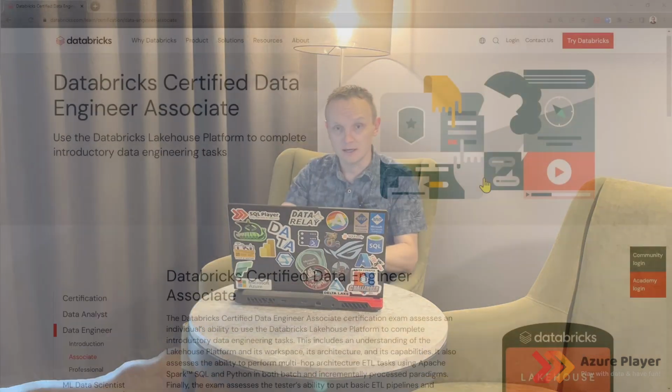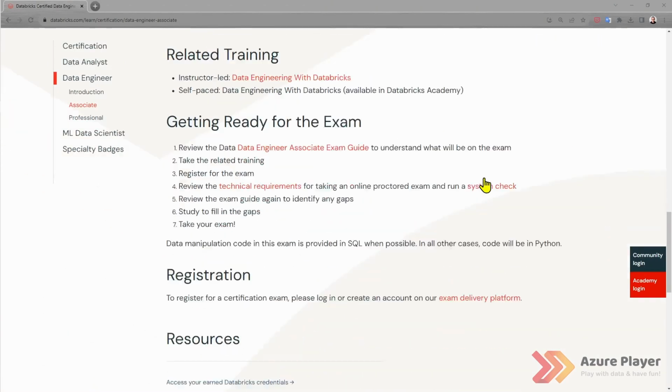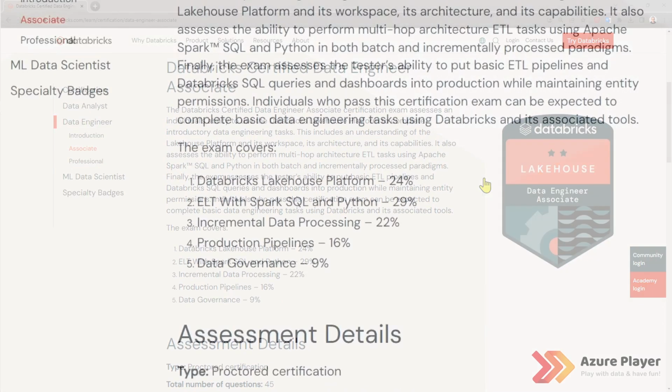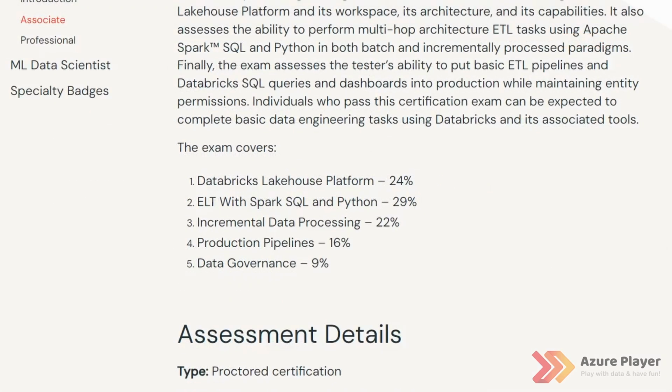So apparently that's the topic that many people like you are interested in. So let's try to cover what kind of topics you can expect in the exam. If you open the Databricks website, like databricks.com learn certification data engineer associate, you will see what the exam covers. First thing is Databricks Lakehouse platform, then ETL with Spark, SQL and Python, incremental data processing, production pipelines, and at the end data governance. Those are 5 pillars that you can expect on the exam, so it's better to be